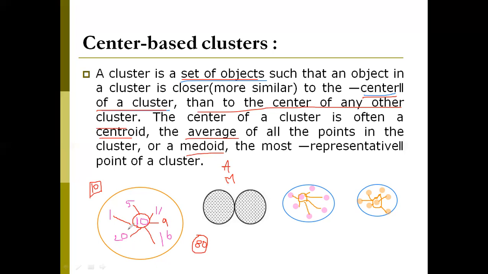After making that particular point the centroid, we can add data points to this cluster, making the cluster based on the distance, or the similarity, between the center point and the given data object, right? This is a center based cluster. In a center based cluster, first of all we represent one node as the center node. Then you check whether each and every data point is similar to or near that particular center point or not. This is the second one.